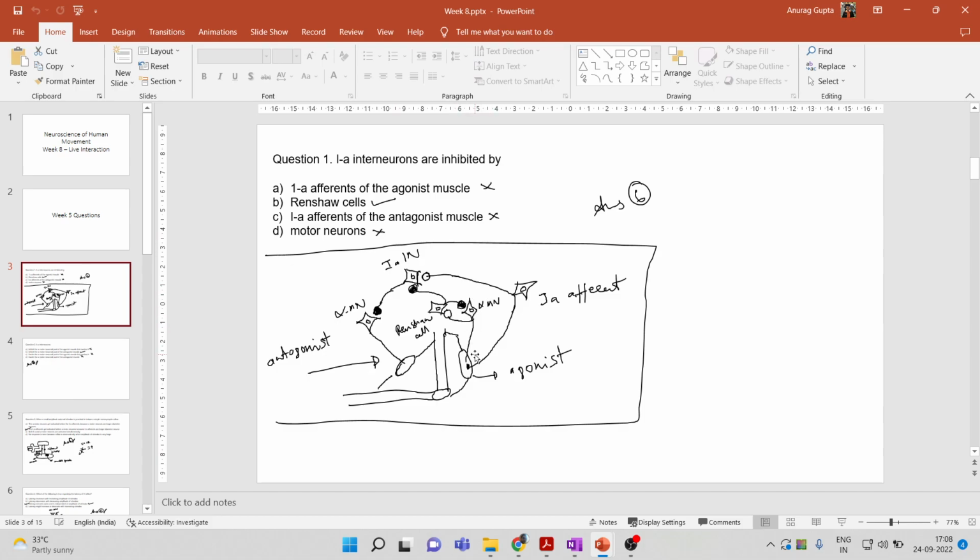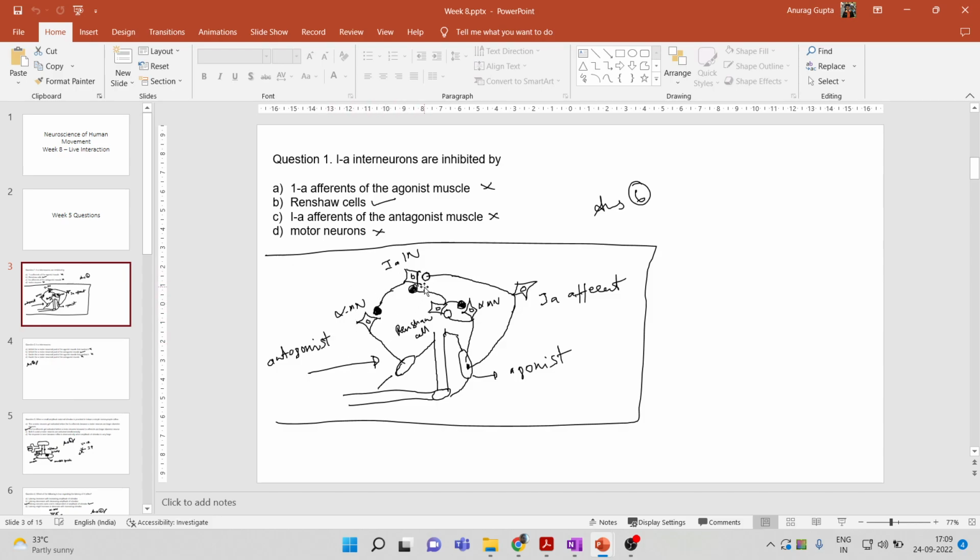The other situation is we have the agonist here. So the alpha motor neuron fires to contract the agonist. The alpha motor neuron also excites a Renshaw cell. So this is the Renshaw cell, and the Renshaw cell inhibits the alpha motor neuron that excited it. So this is another form of negative feedback, to decrease the contraction. What it also does is it inhibits the 1A interneuron, whose action is to inhibit the alpha motor neuronal pool